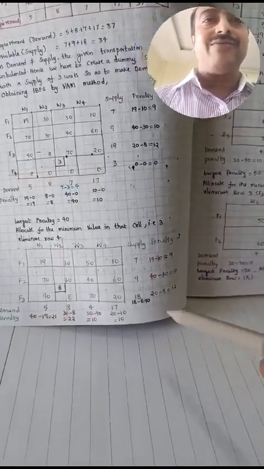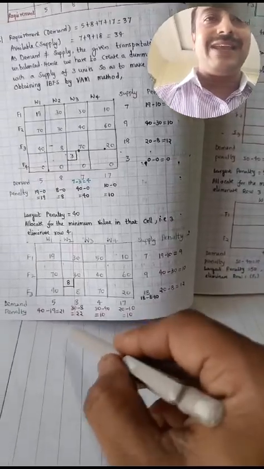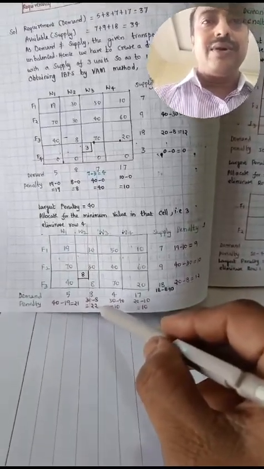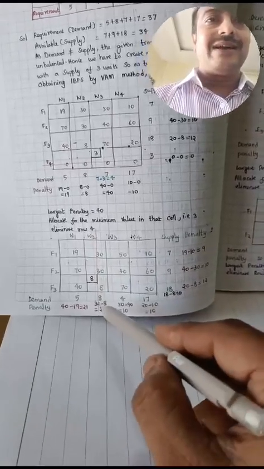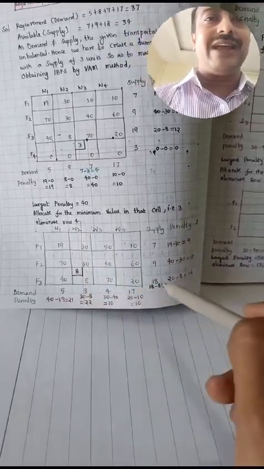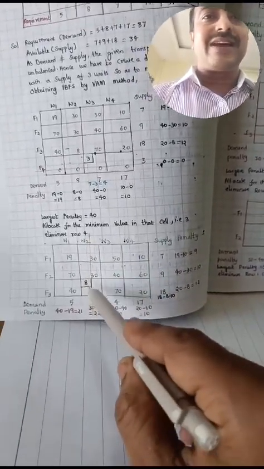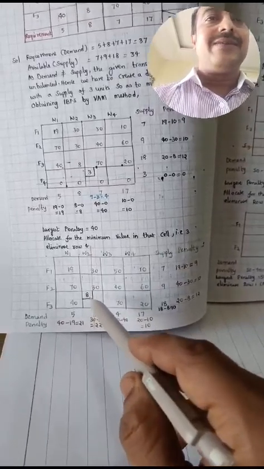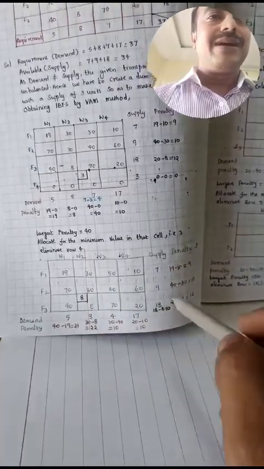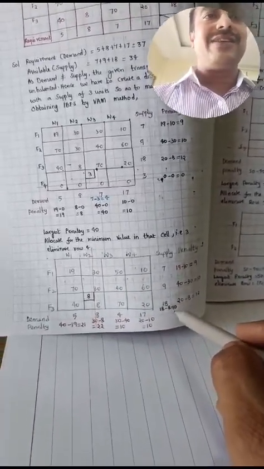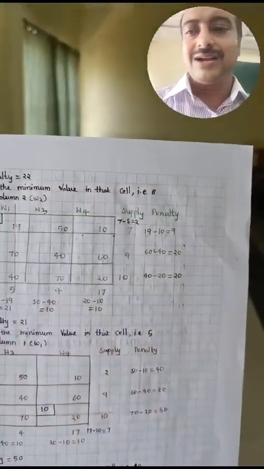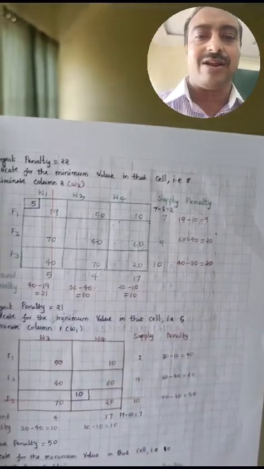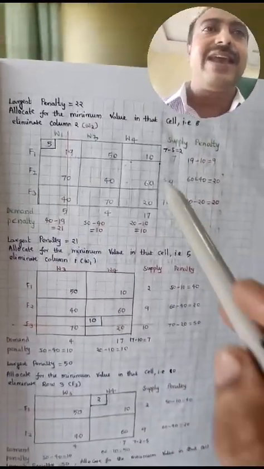And if I observe the largest penalty here, it is 22. So I will allocate the least value 8 for this. The minimum value of 8 and 18 is 8, which is allocated here, and that will be subtracted from 18, means the cost left is 20. And now I will see the third table by eliminating the second column, and from this again I will find